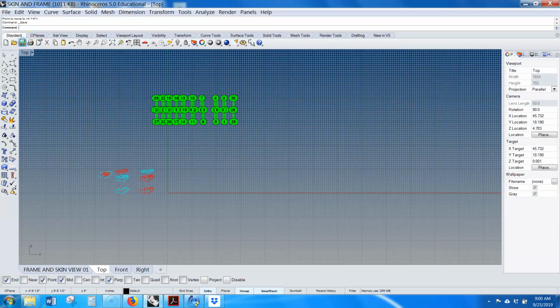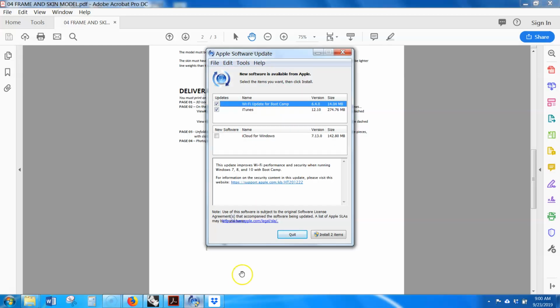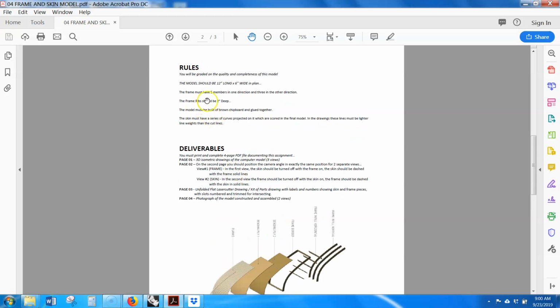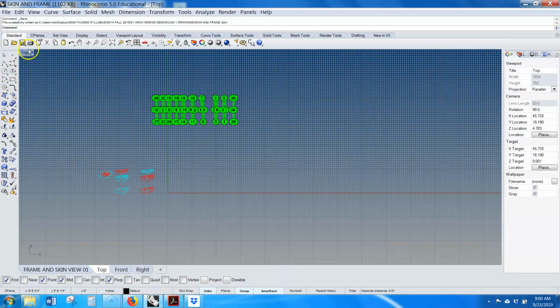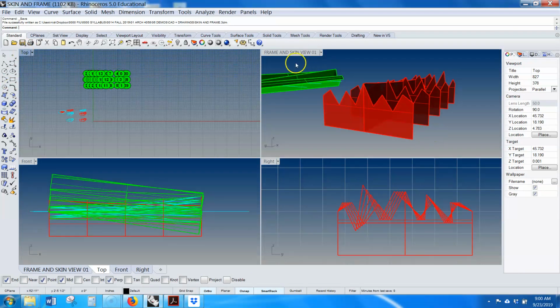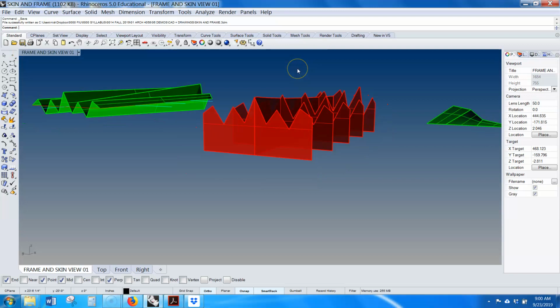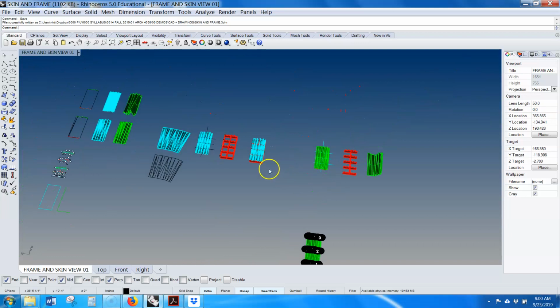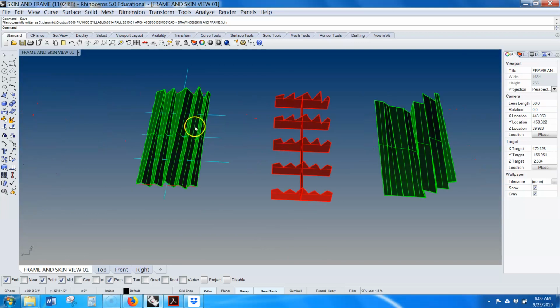So the last thing I want to show you is, I believe the assignment sheet says the skin should have a series of curves projected onto it, which are scored in the final model. So I want to show you that real quick. The other thing you can do is, like in your labyrinth, you could cut out shapes if you want. But again, use it as a good sketch exercise. I would just come over here and